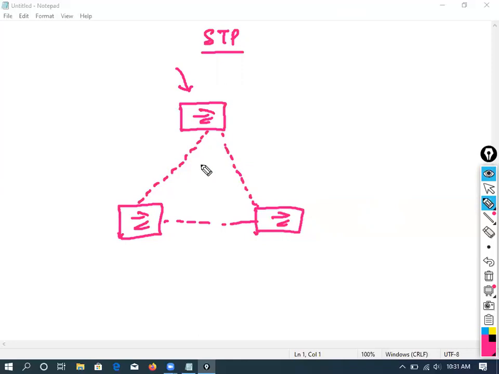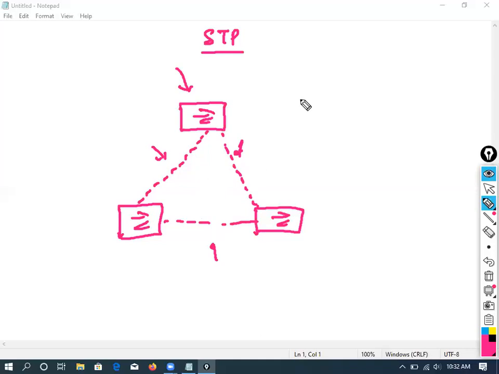Now, can you tell me which is the redundancy link here? Is it this one, or this one? We have 3 links here. Which is the redundancy link? Actually, for every link, they have one redundancy. So the answer is, as you told, all the links could be a redundancy link. Could be, I'm saying, not necessarily. Among these 3, any 2 links will be the active, primary links. The other one will be redundancy. That could be this one, this one, or that one.